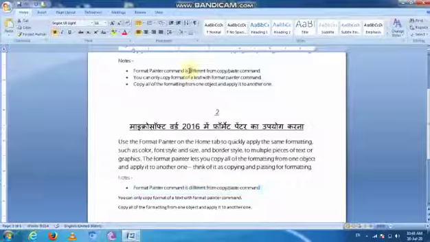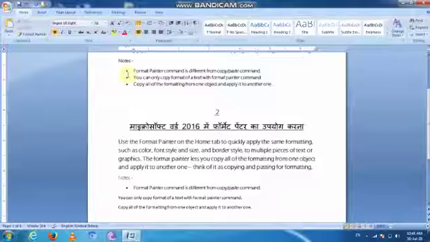When you select the first text format lines, you use the shortcut key Control Shift C, and these text lines are applied to the second text line using another shortcut key, Control Shift V.